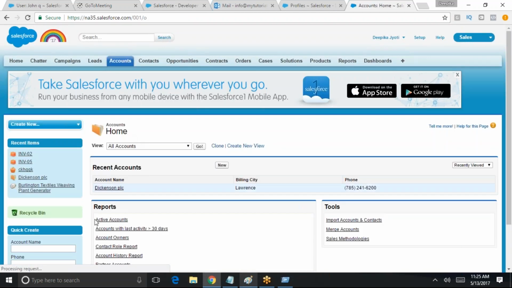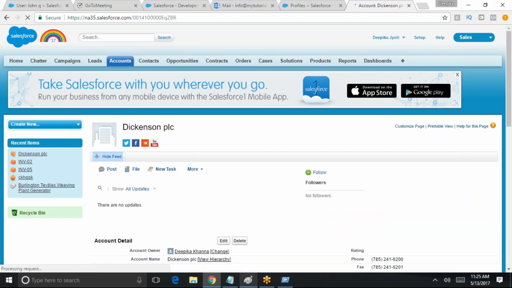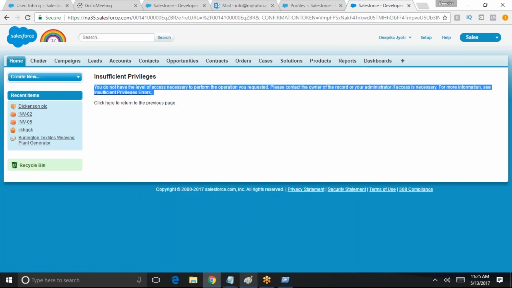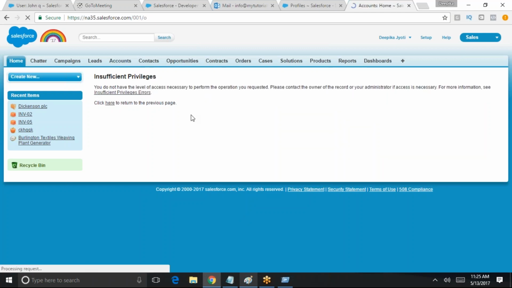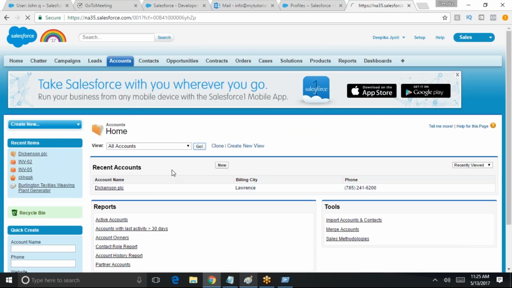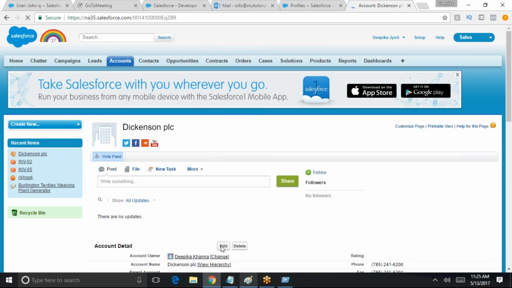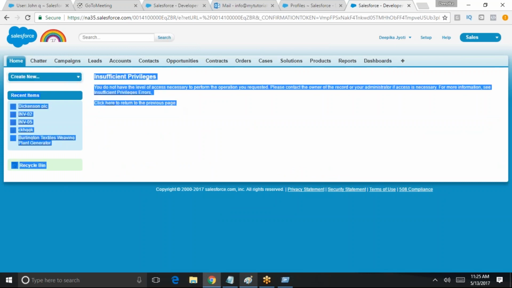Here are the accounts. Let's see. Okay, I was just wondering why they're giving me the edit button. "Do not have the level of access necessary to perform the operation." Because we have taken away the edit access for the records, you're able to see these records, but you're not able to edit them. If I go back to any of these and try to edit them, I'm going to get the message